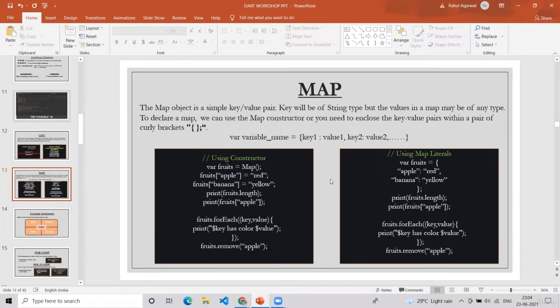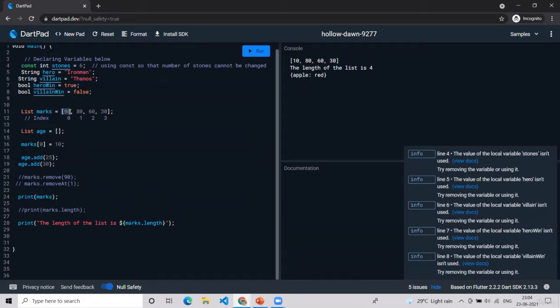So, what is a map? A map is a simple key value pair, which means earlier when it was a list, you can just see it was the value, but it doesn't have any name. You can just say it had that index from which we can call them, but it didn't have a name. So when the data is very long or when there is a lot of data, it's very difficult to remember the index of the value. In that case, maps are very handy. So let's see